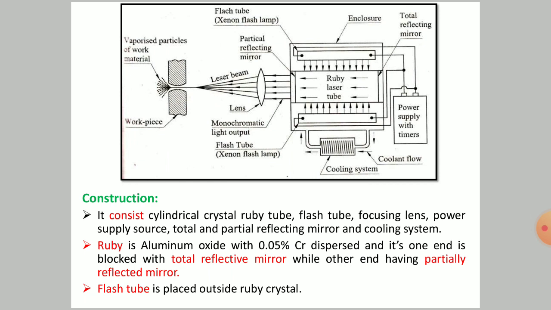The figure represents the constructional features of laser beam machining. A laser is nothing but a ruby crystal. That ruby crystal is used